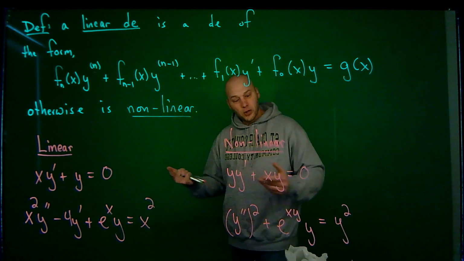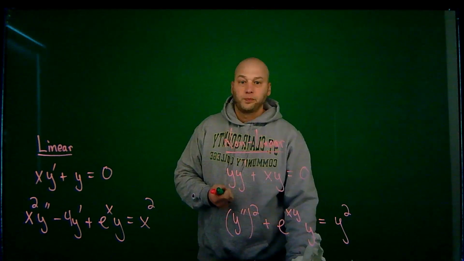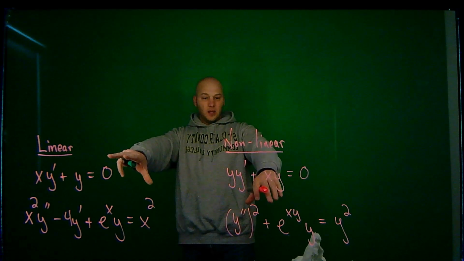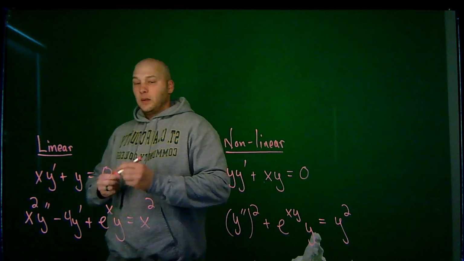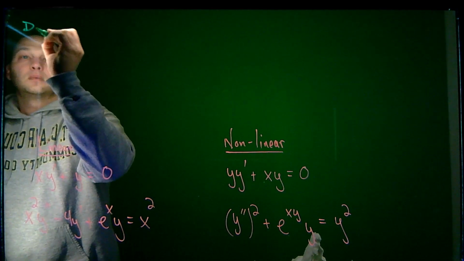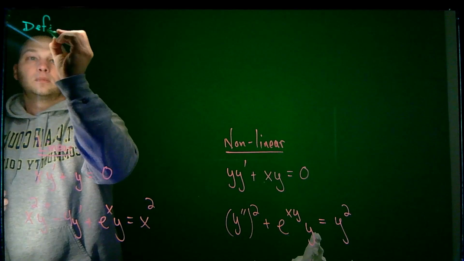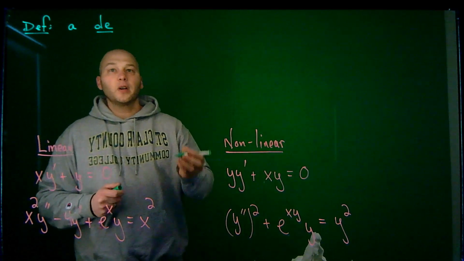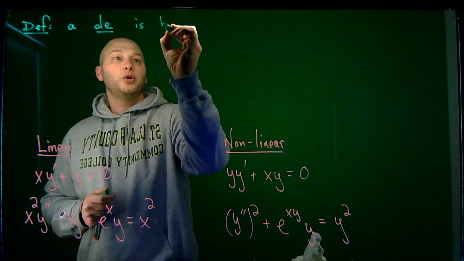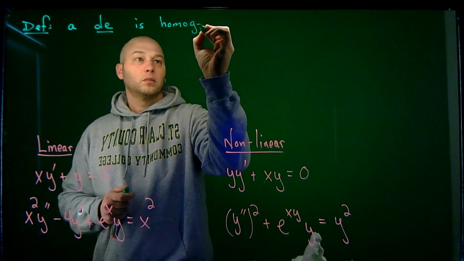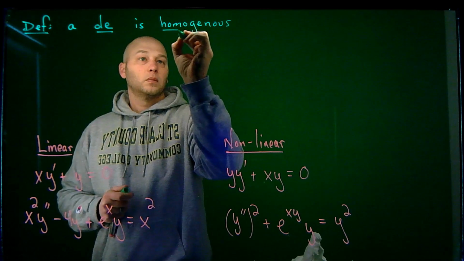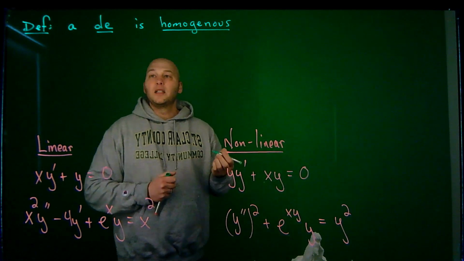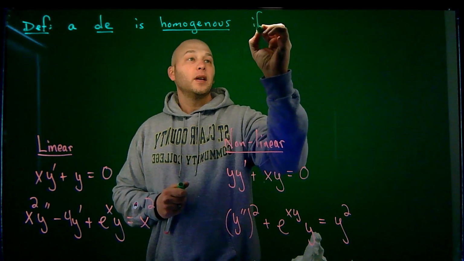Okay. A couple more terms that I want to introduce. There's two more terms I want to introduce, and I left these equations up here because these will illustrate the point. So definition. A differential equation, and it could be ordinary or partial. A differential equation is homogeneous if it has the form